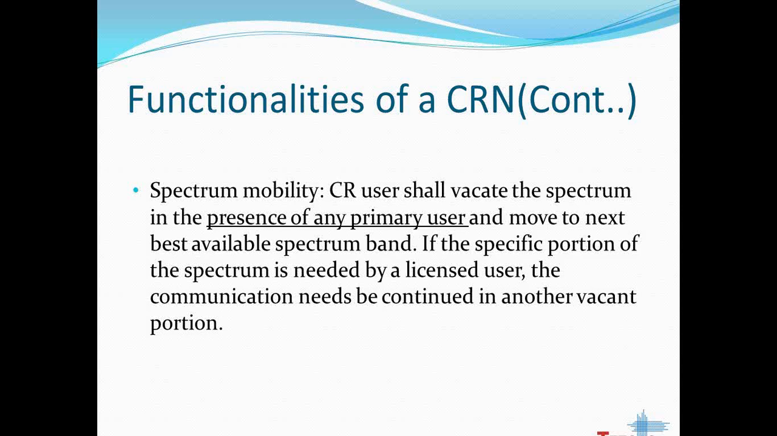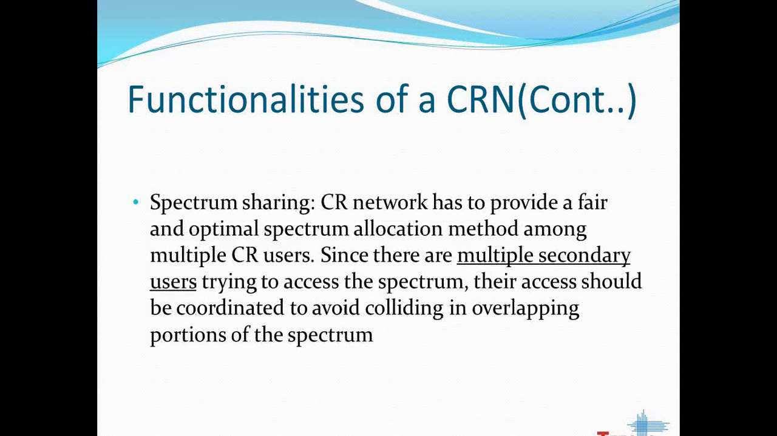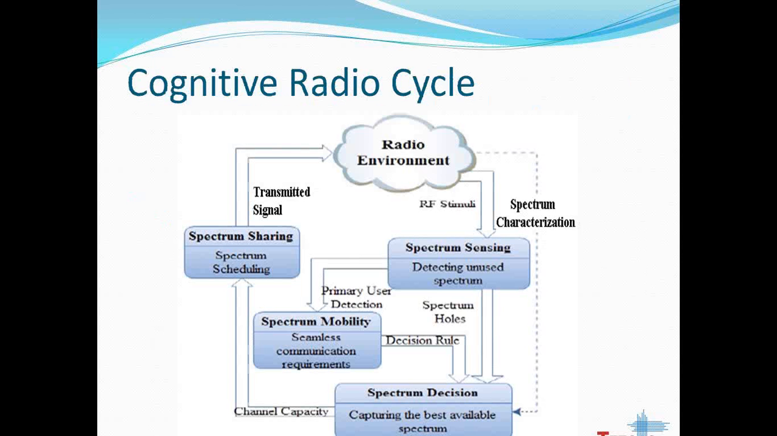And spectrum sharing: in case of multiple secondary users, the cognitive radio network must provide an optimal spectrum allocation method so that multiple secondary users can equally share the spectrum. So this is the CR cycle, the cognitive radio cycle. You can see here, first the medium is sensed to detect the unused spectrum channels, and then the spectrum decision is considered, that is, whichever is the best available spectrum, use it